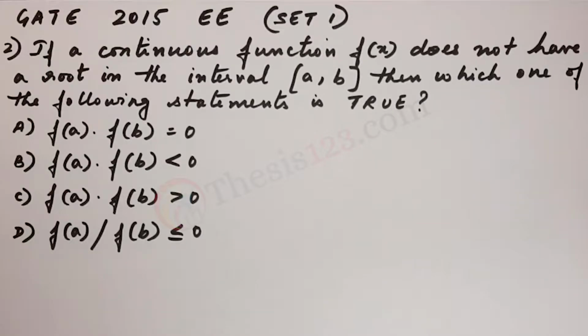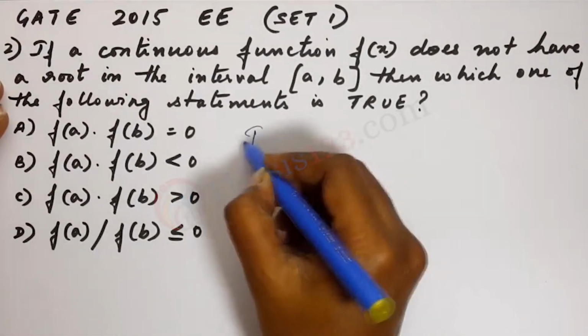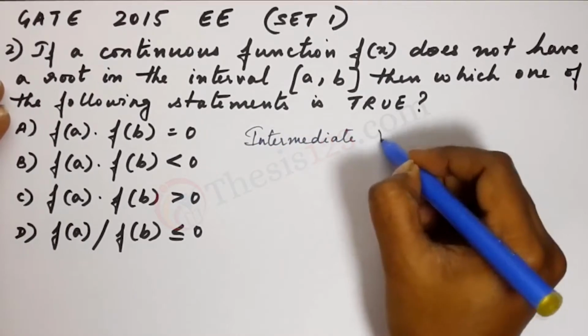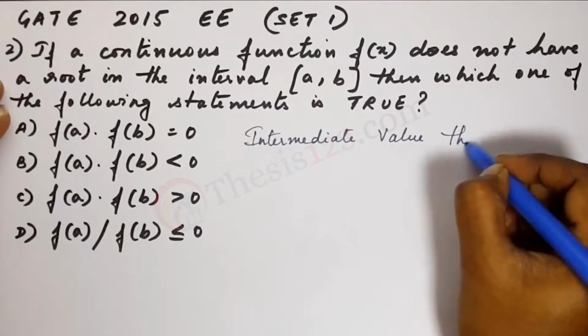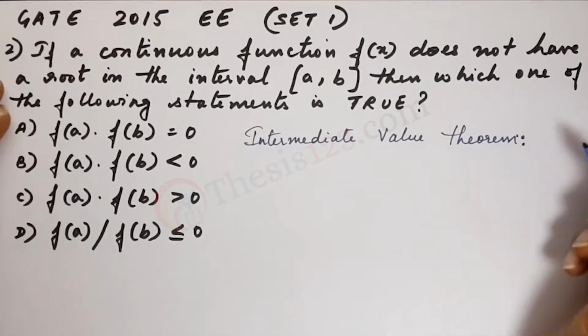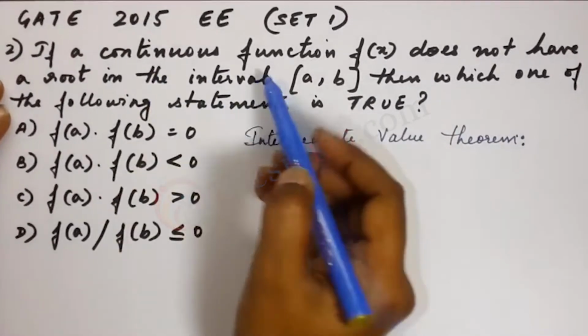Now since the question talks about a continuous function, and looking at the options given to us, we will have to think about the intermediate value theorem. So I'll write the statement down. Intermediate value theorem. It states that if a function f is continuous,